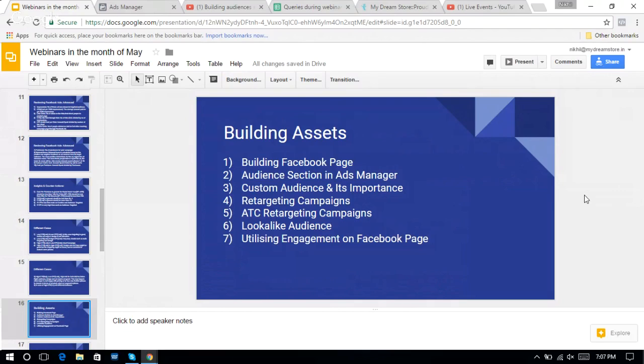What comes under the word asset? First is building a Facebook page, which is very important to do properly. Today I'll also cover the audience section. What is the audience section in Ads Manager? I haven't covered it in the first two sessions, so it comes under this session. Next is the custom audience and its importance: what is a custom audience, how to create it, and what are retargeting campaigns and how do you create them? And next we cover